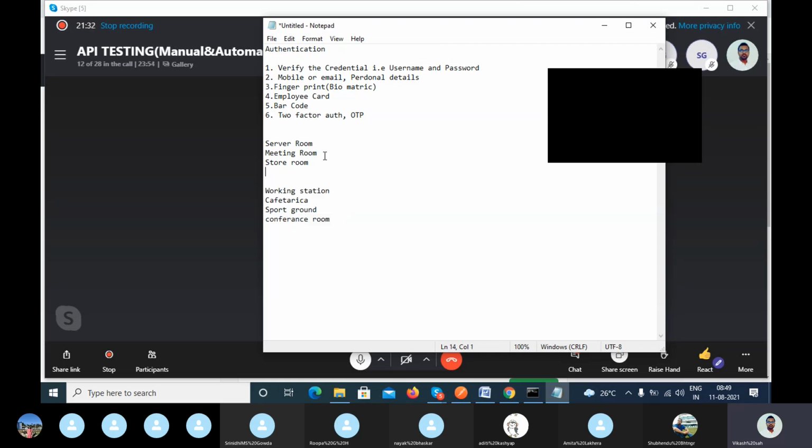Right? Similarly, in the meeting room, we don't have to swipe the card. I think it is an open room. It's simply open, but you have to take the permission of your manager to schedule the meeting, right? After that you can access that particular meeting room. So what I'm trying to say is, you need some permission. Similarly, for the workstation and cafeteria: let's suppose the admin or whoever gives the permission has not given you permission, can you enter the workstation?